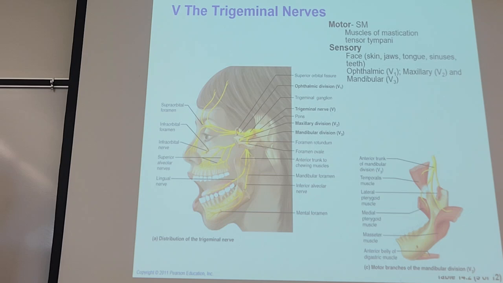Now, there are 3 branches of trigeminal. You don't have to memorize those, but it tells you kind of where that nerve traverses. So ophthalmic, it goes above your eyelids, to your upper eyelids, through the supraorbital foramen. There's a maxillary branch, so it comes down, innervates the top row of your teeth, goes through the infraorbital foramen. And then there's a mandibular branch that comes down and goes all the way into the mandible and bottom row